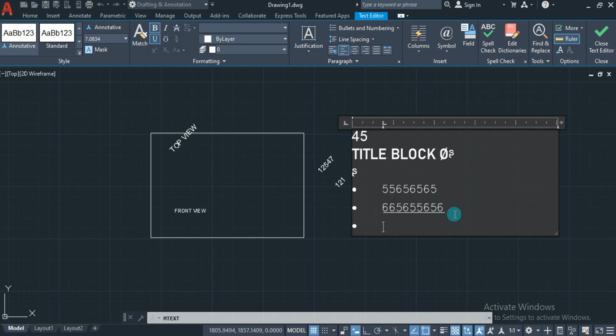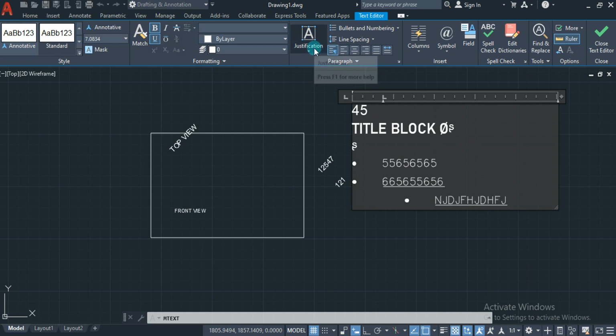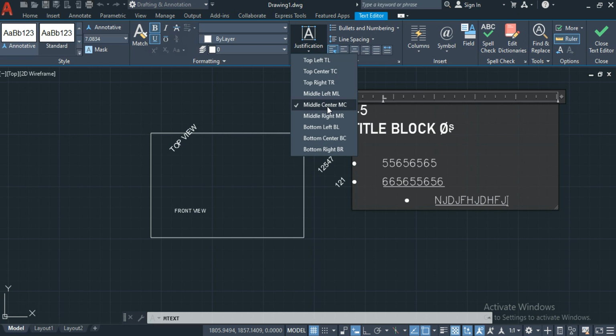Okay, so let us take from the next line. And if I'm going to change it to middle center, see, automatically we are going to get the text from the center point. The alignment has been changed here. So this alignment came according to the bullets. If I'm going to remove this left alignment, as per justification, the text will be coming in the middle center. So like this, either you can adjust justification here, or if you want to adjust for a particular line of text, you can go for the alignment option also. Like this we can apply the multi-line text.